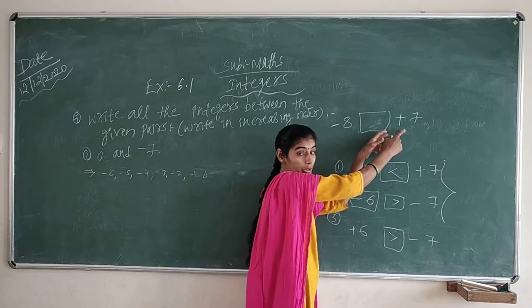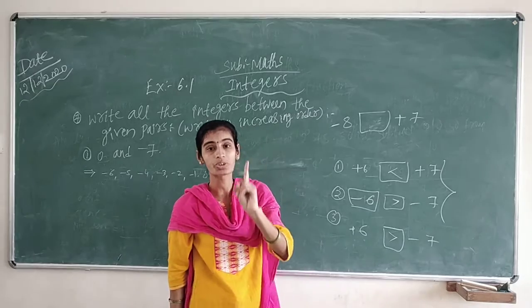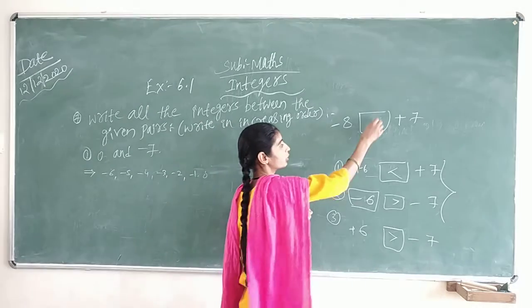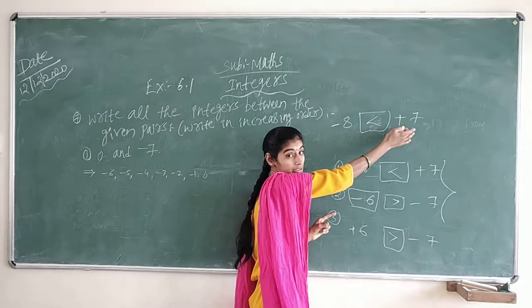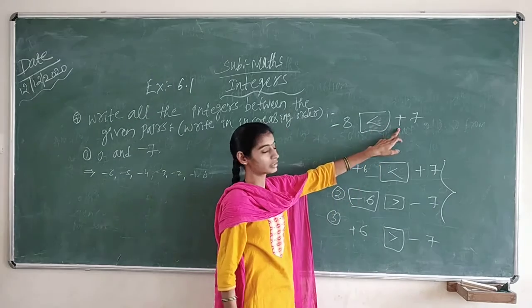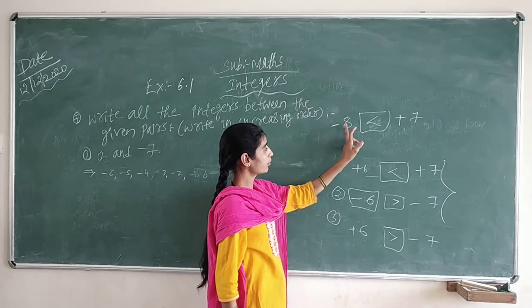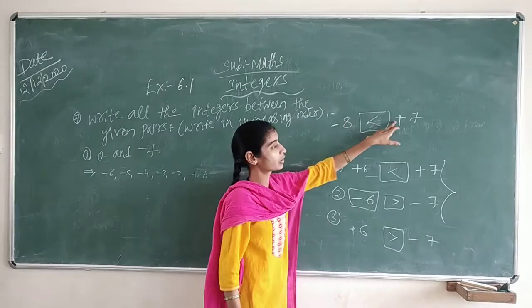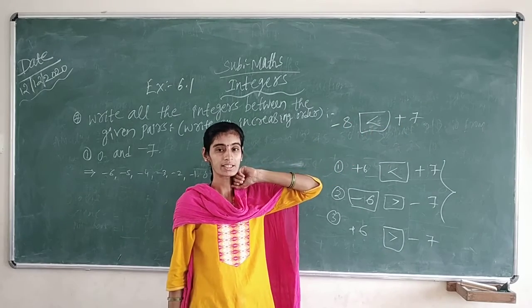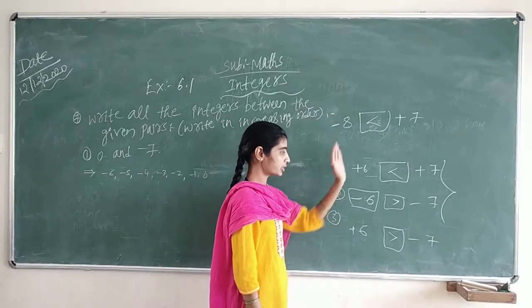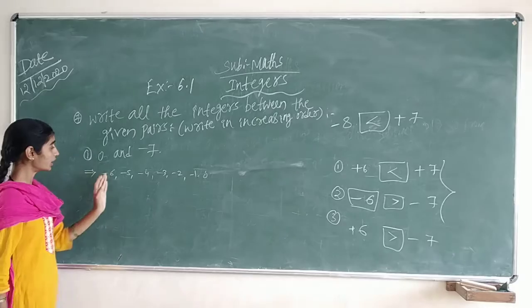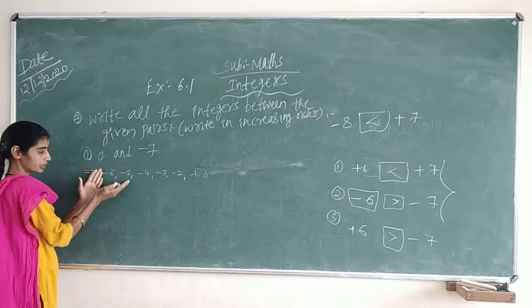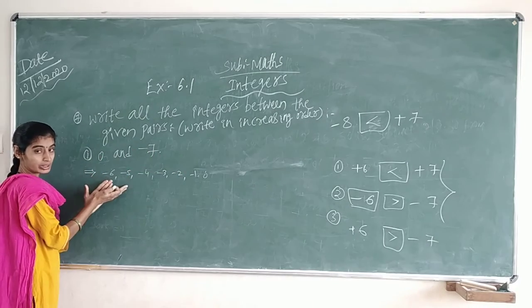So one negative, one positive means always the positive number will be the greatest. Though the number looks small, don't think that this 8 is greater and this 7 is smaller. You have to see the sign also. At that time, minus 8 will be smaller than plus 7. So these are the possibilities that are going to come. I have explained this because it is going to be helpful for you to understand.